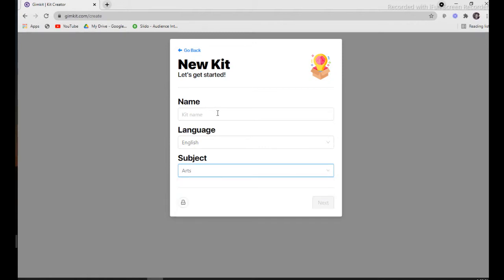I'm going to give a good name for my kit, maybe something like places and speciality.